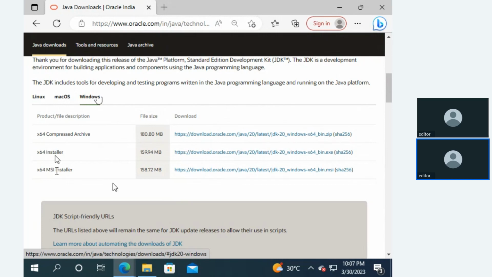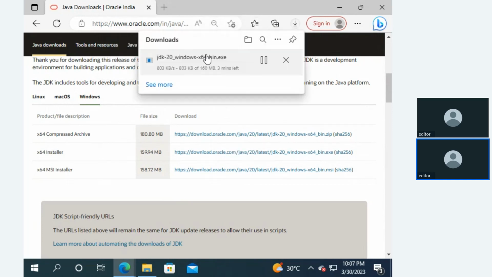Okay. So we need to use this. I can use any one of these, the X64 installer or the MSI installer. So I'm going to download the X64 installer. Based on your internet speed, it will take maybe 2 minutes, 3 minutes, 4 or 5 minutes. So once you download it,